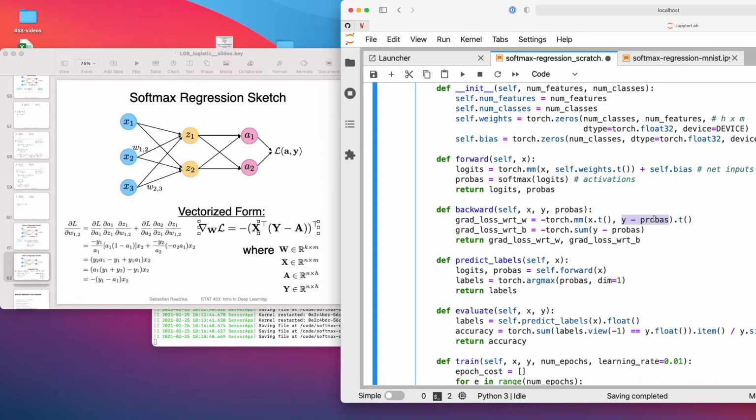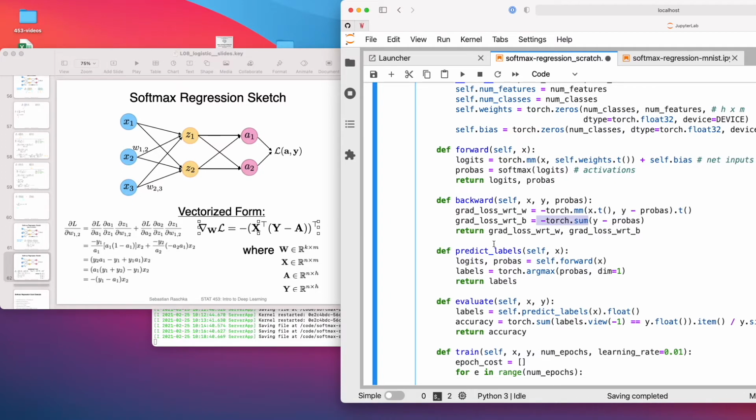Probas is really the activations here. So this part is essentially the part in the parentheses, and then also the transpose again. This is exactly the same as what I showed you on the slide. For the bias unit, it's a little bit simpler because the derivative doesn't include the x term, so this is a vector, and we can just compute the sum. All right.